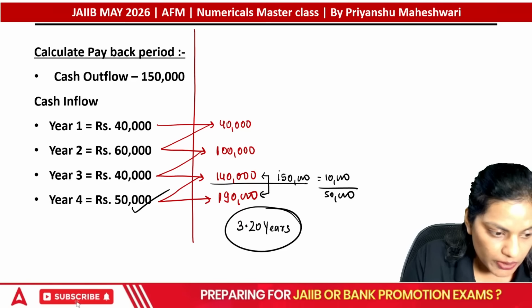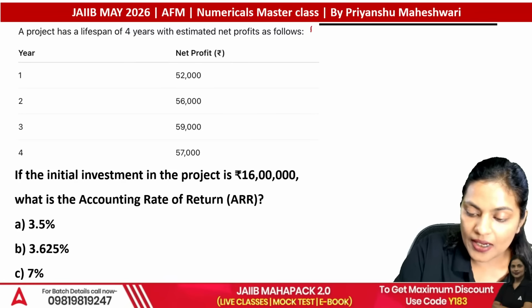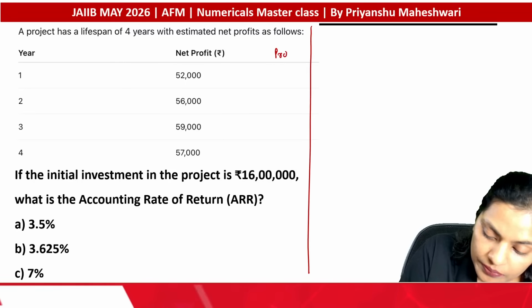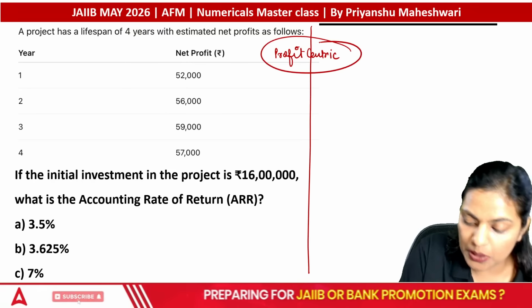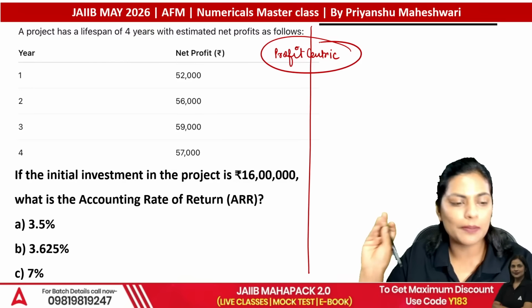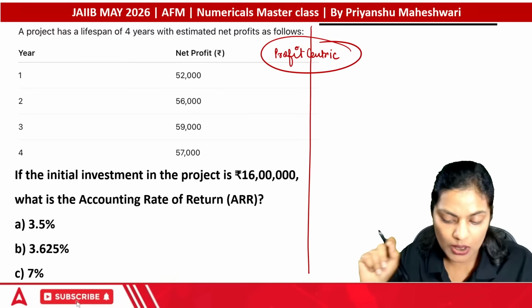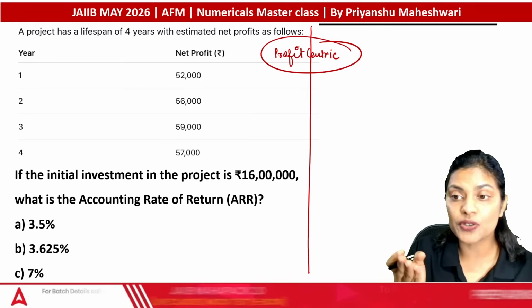.2, not 0.2. Then, ARR is which method? ARR is profit centric method. Correct? See, payback and ARR, very important from capital budgeting. If they are asking a numerical, the high chances you might get from ARR or payback. You know that question whose answer is